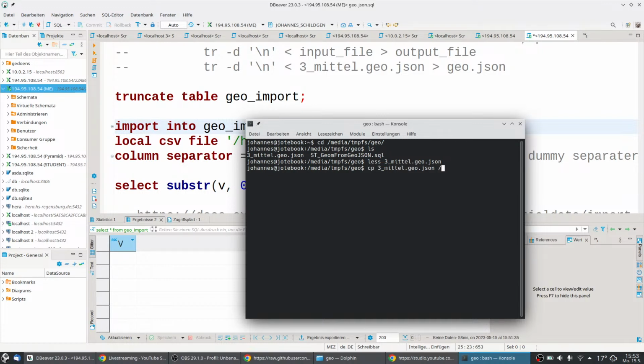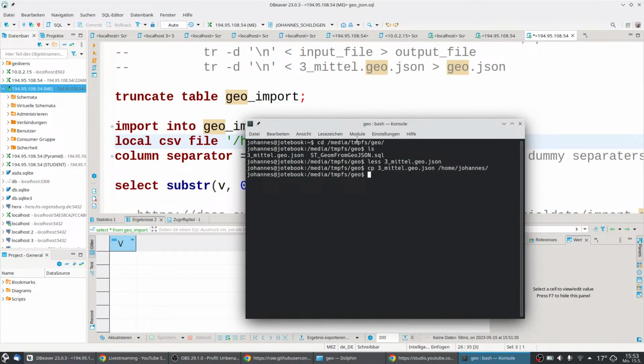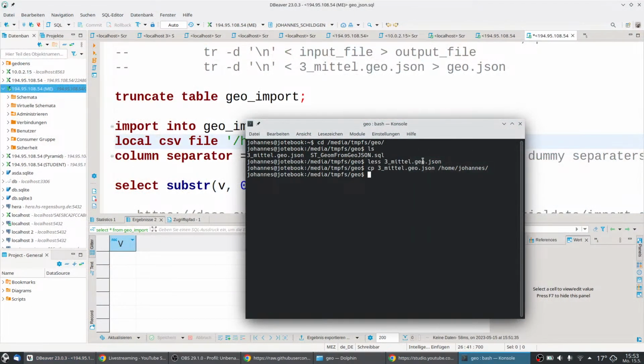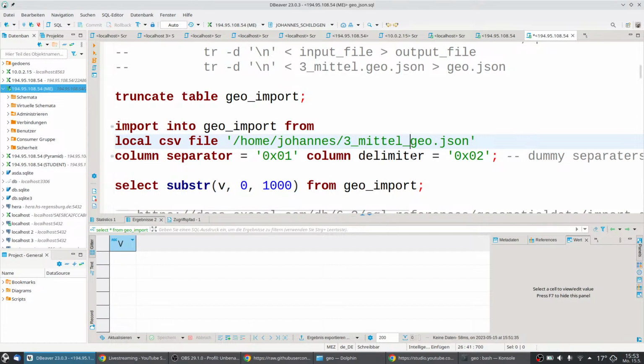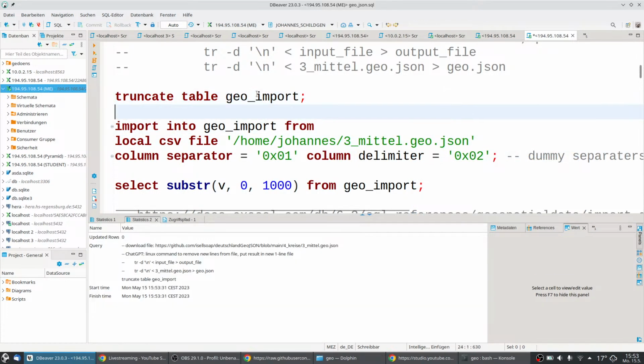So first of all, I copy that file into my home folder, because for some reason my DBeaver is not able to access files in a different folder. So it is called 3 mittel underscore no dot geo.json. I import it,